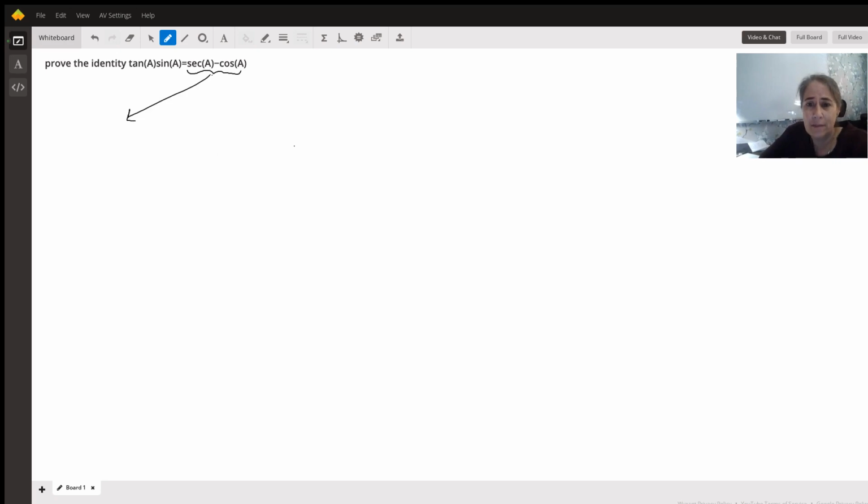And again, when I work with people, I don't know till I see what they're doing where their mistakes are. So let's just go with it. We're going to start with the right side, and we're going to make it look like the left side. So I look at secant, and besides starting with the more complicated side, another trick is